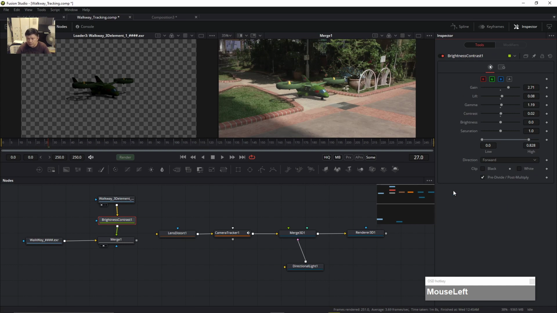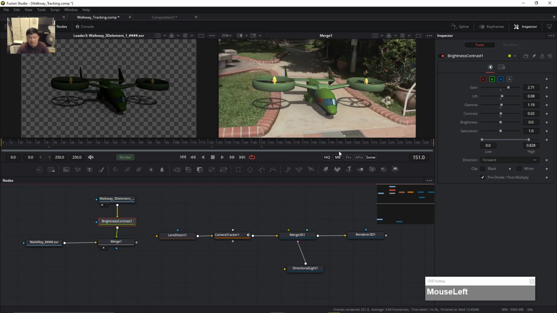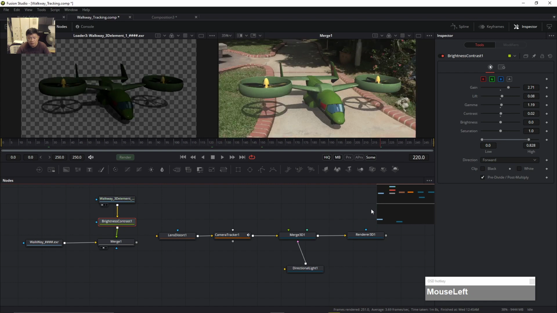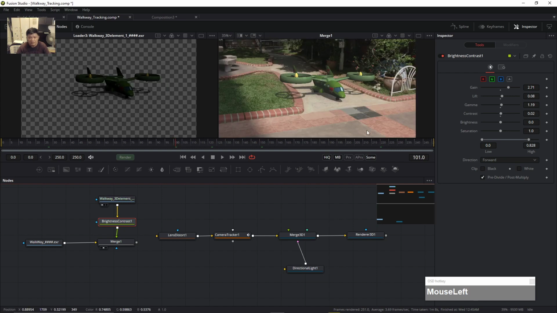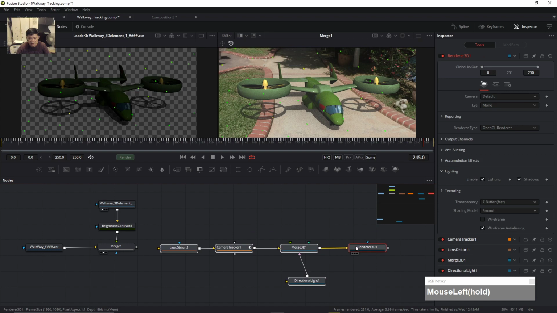Okay, so I'm going to enable this pre-divide post divide now multiply, so it doesn't affect the background. Okay, so now you can see that the aircraft is a little bit brighter, and that is how you bring in a 3D element from Maya with the exported 3D match information. Okay, so once we are ready, just going to put this aside,